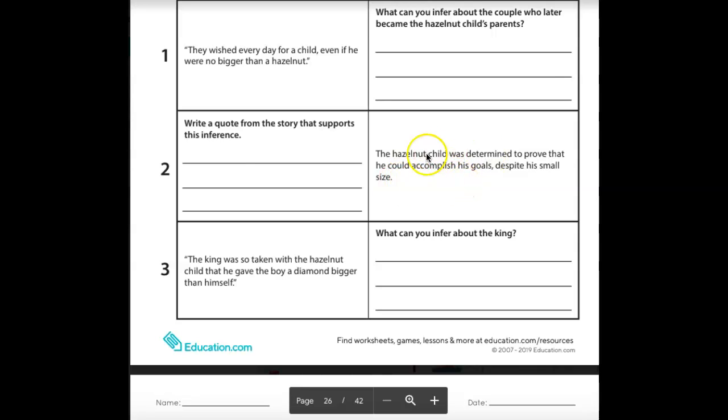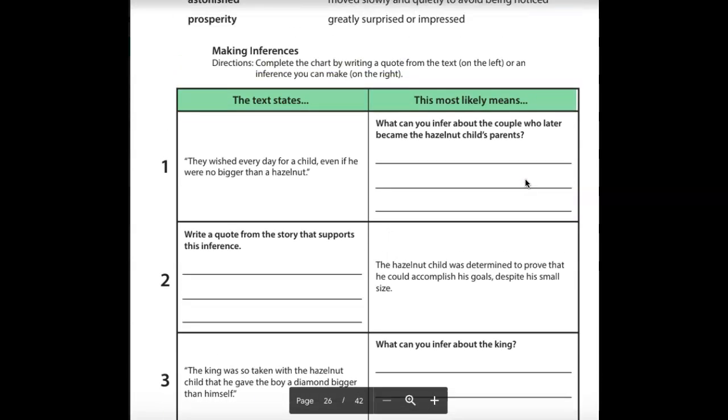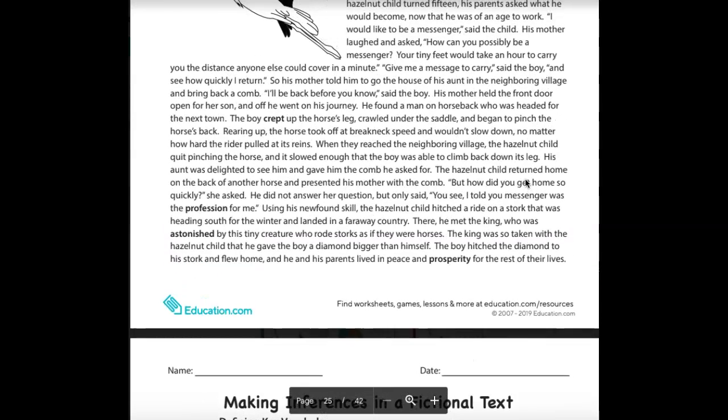Write a quote from the story that supports this inference. So here they gave you the inference. They want a quote from the story that supports it. The hazelnut child was determined to prove that he could accomplish his goals despite his small size. So let's go back up in the story and see where he